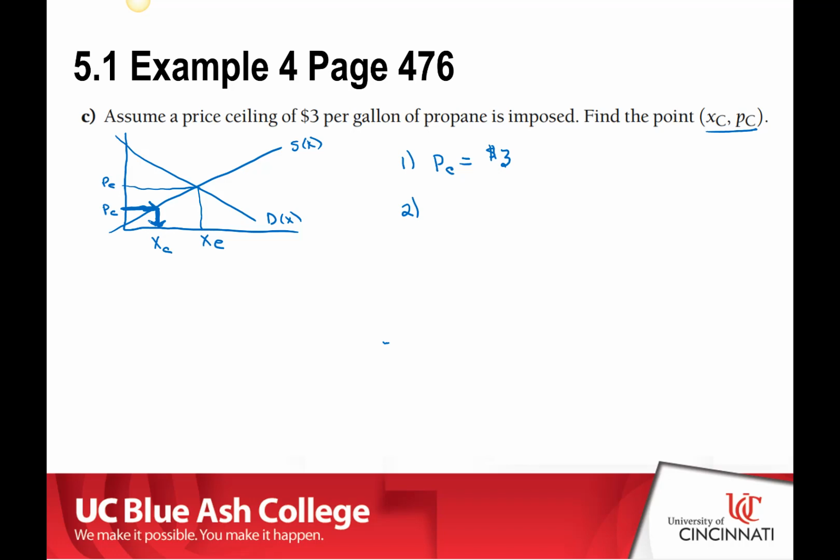Remember, as the price drops, the amount that the producer is willing to supply is reduced. So what we're going to do here is take 3 and set it equal to the supply function, which is going to give us 3 is equal to 2.1 minus 0.15x, and this x is going to be our ceiling quantity. We can go ahead and solve for x. We're going to subtract 2.1, and that's going to give us 0.9